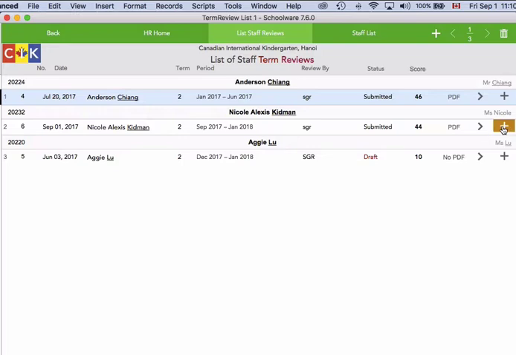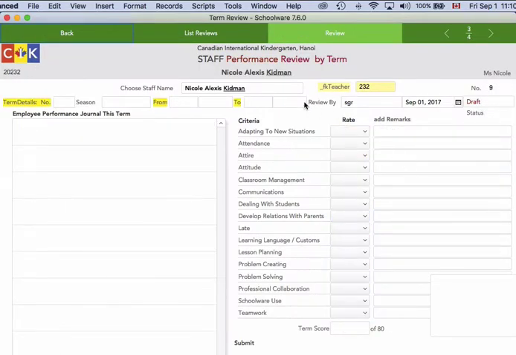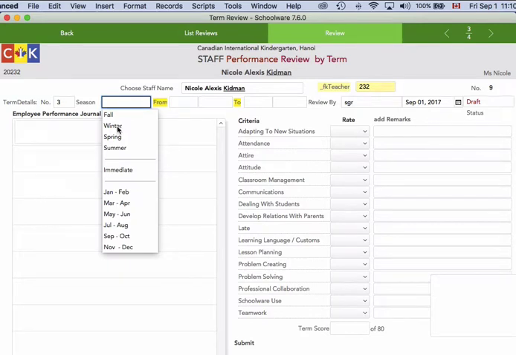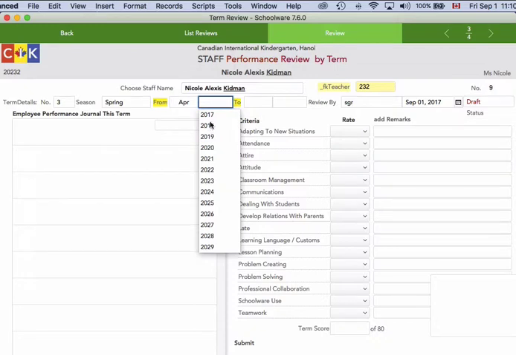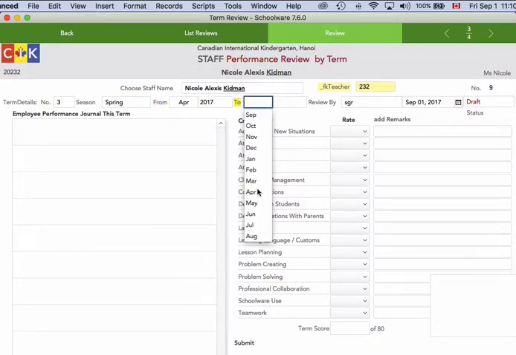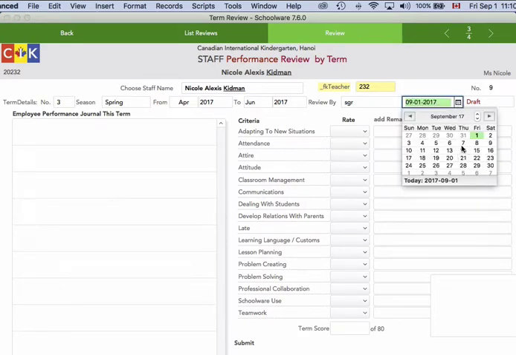I will start with a second report for Nicole Alexis Kidman. This confirms it. We then come to the situation where the name has been put in and we can choose the term. So let's go to term 3 for argument's sake, and it would be the spring, from, let's say, April 2017 to June 2017. Reviewed by, let's stick my name in there, and then we have the date that I'm doing this, and if it's incorrect you can pull this calendar down and change it, for example back to